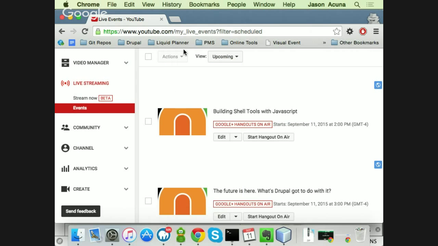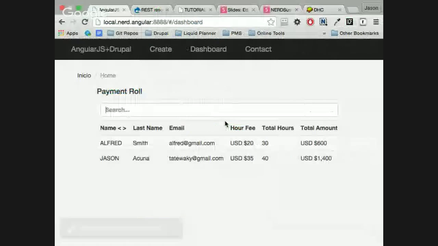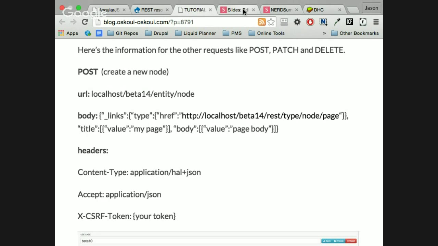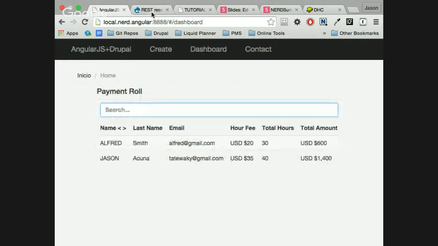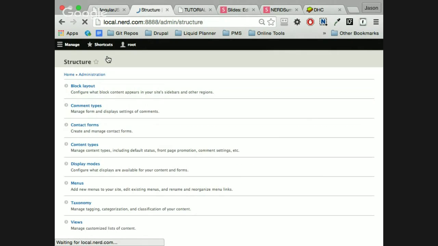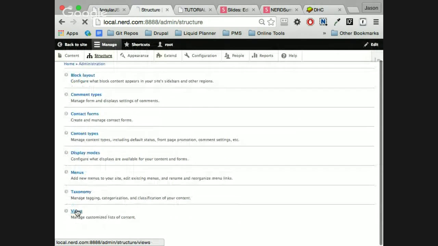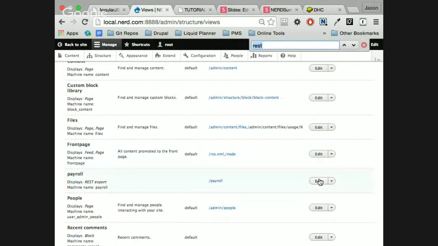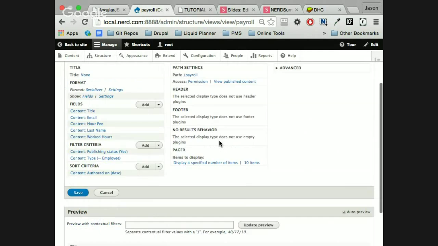Now the result, which I showed you before I actually explained the code, is this. Now if I go to my view, and this was meant to fail, but it worked. For some reason, it never failed. So if I go to my structure of the view, let's make it fail because I want it to fail. I'm going to look at my payroll and make an alias.